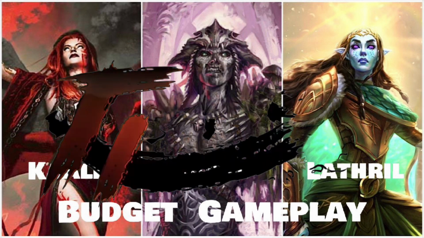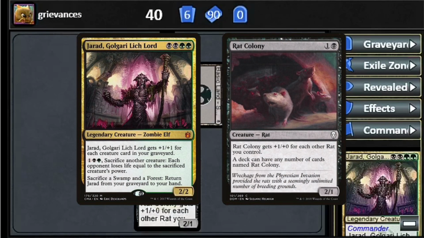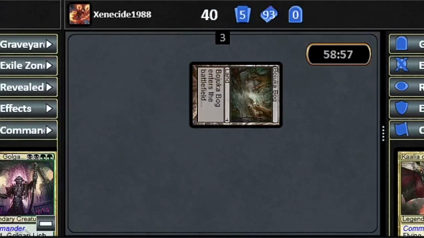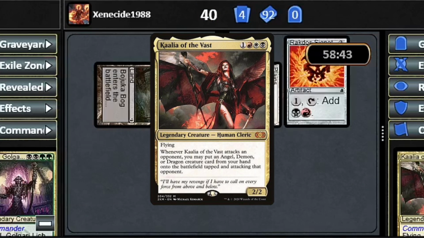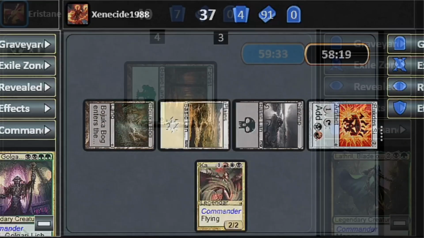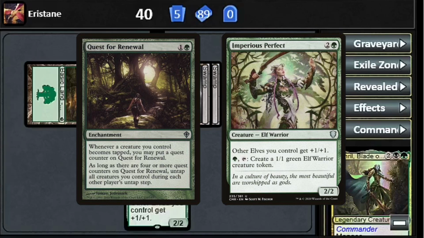Round 1. Fight! Gerard Golgari Lichlord gets out of the gates quickly, spewing 2 rat colonies onto the battlefield. Kalia of the Vast isn't far behind, ramping out with the Signet on turn 2, then hitting the battlefield herself on turn 3. Lathril's going to get her own Elfball started, getting a Quest for Renewal and an Imperious Perfect